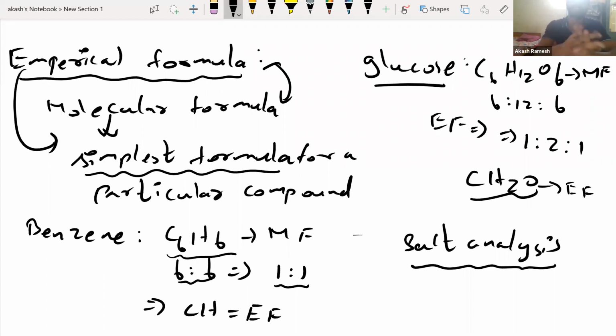Right, fine. So basically what we do here is they'll give you a salt. When you go to the lab, they'll give you the salt, and you have to somehow find out the formula of the salt. Say for example, a salt will have one cation and one anion. That's it. The cation can be zinc ion, magnesium ion, sodium ion, can be anything. So you have to do tests for all of them.